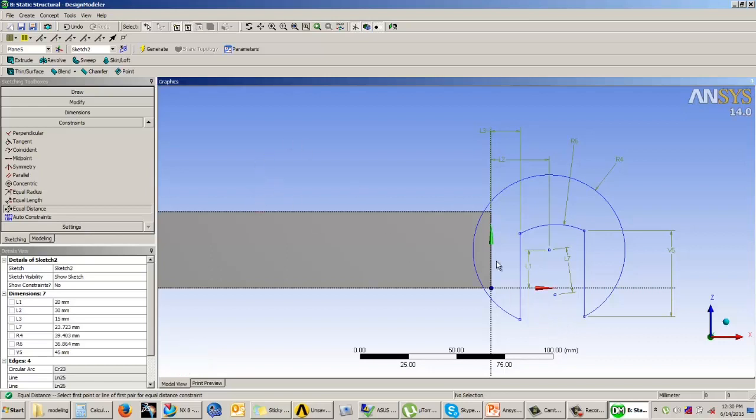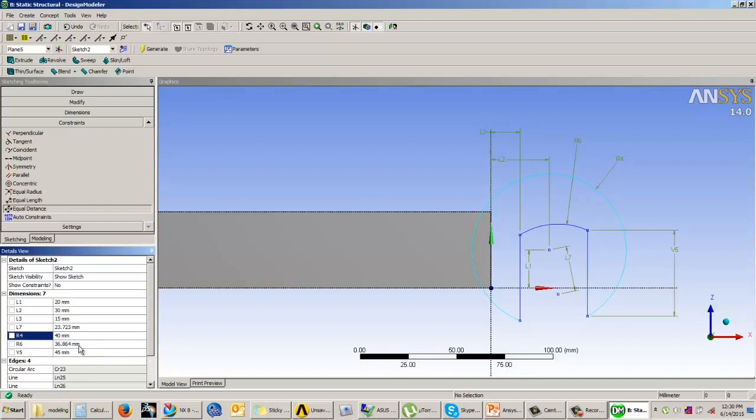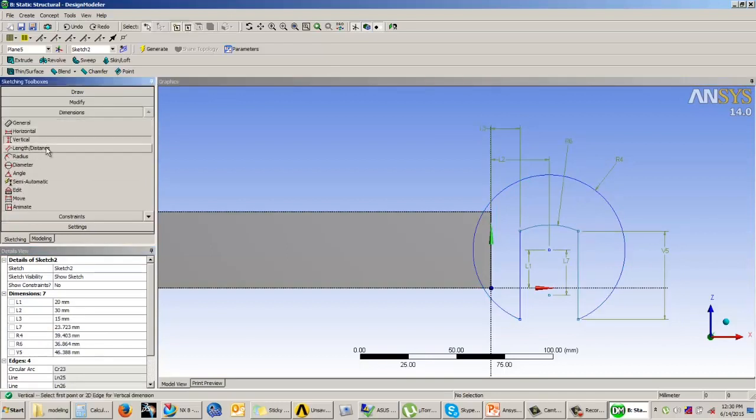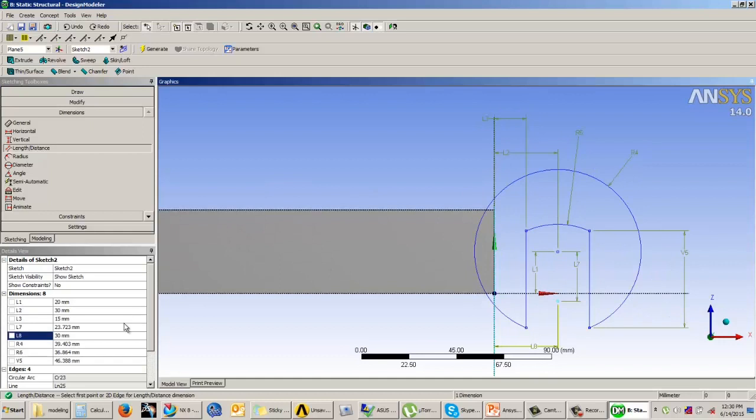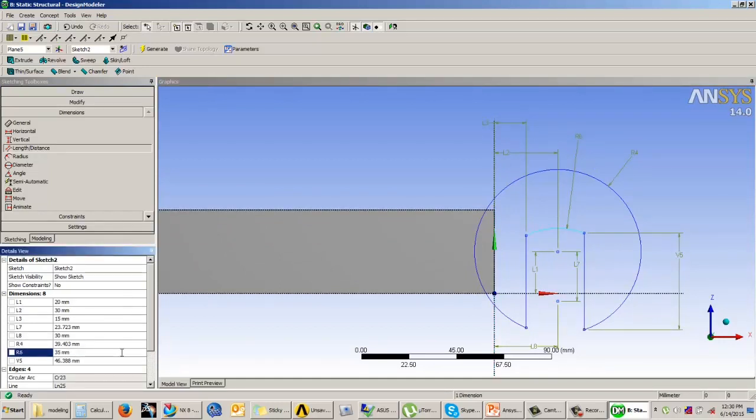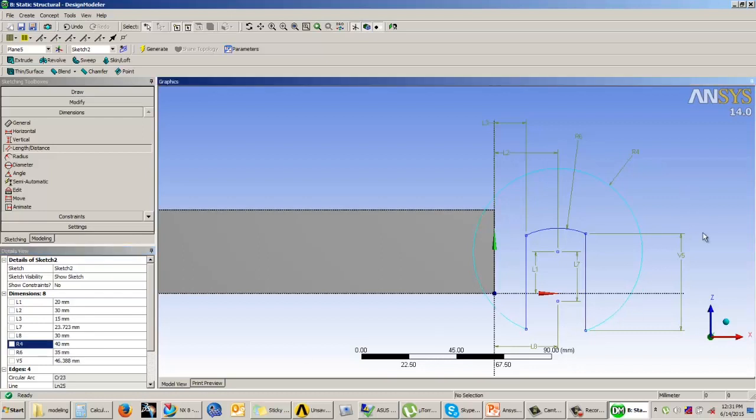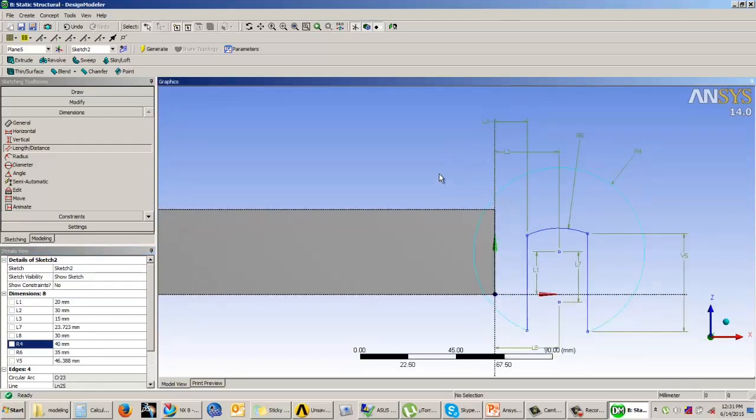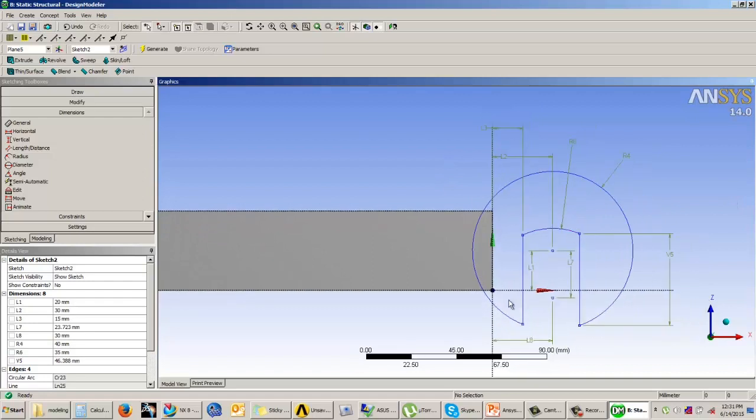Okay, I have made that as an equal distance. This distance is equal to this distance. R4 has to be 40. I need to give the dimension between. Okay, so now if you notice, we have created our sketch, which is again a fully constrained sketch, and now we